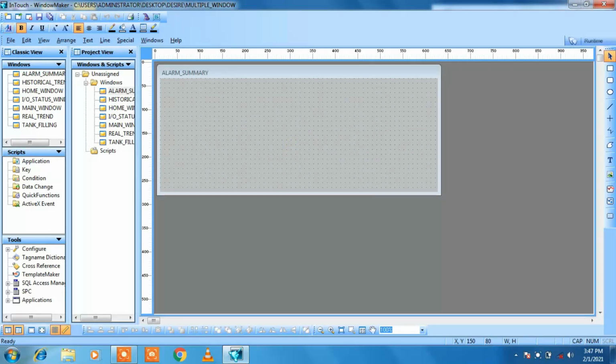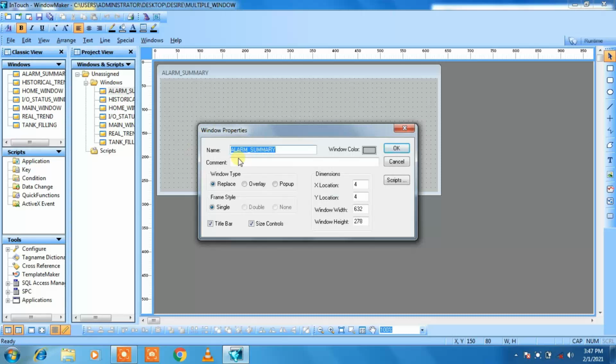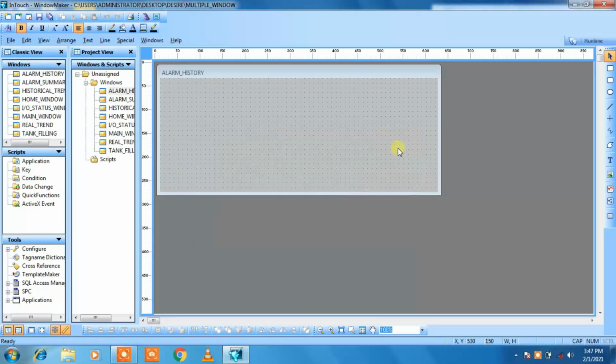Then the last window is alarm history. Click on OK. Here you can see how many windows I have taken: 1, 2, 3, 4, 5, 6, 7 and 8. Total 8 windows are over here. So we are going to do the project for 8 windows, that is the multiple windows in InTouch SCADA.